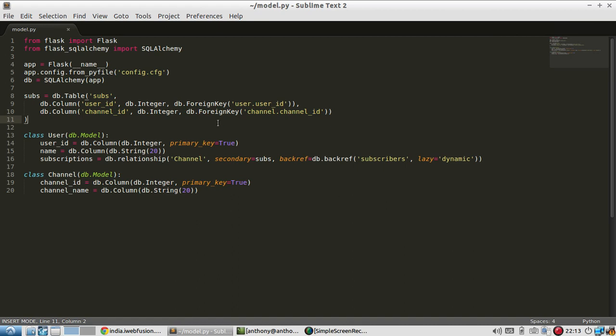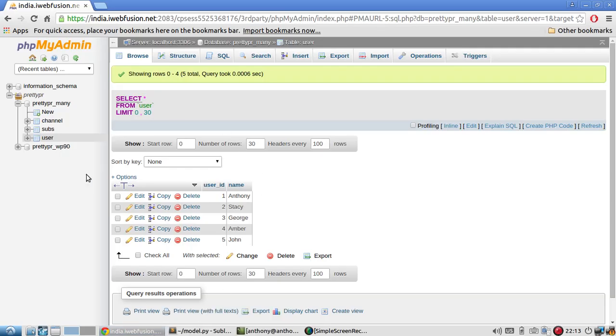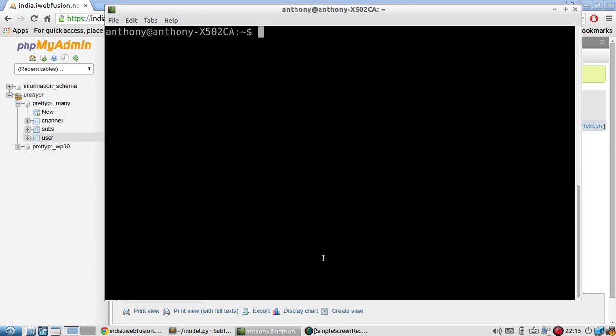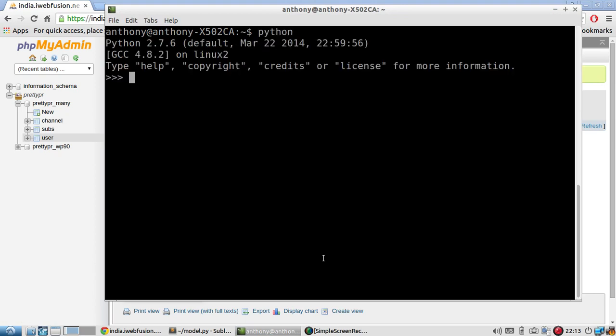I'm going to use the model that I had set up from a couple of videos ago with the many-to-many relationships. I really won't be doing anything with this model. I just wanted to keep the connection that I created when I made that video. And I also have the table set up. But I'm only going to work with this single user table, even though I have a couple of other tables in this database. So to run the queries, first I need to start Python, and I'm just going to import everything